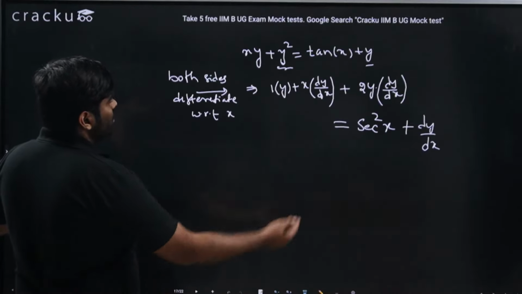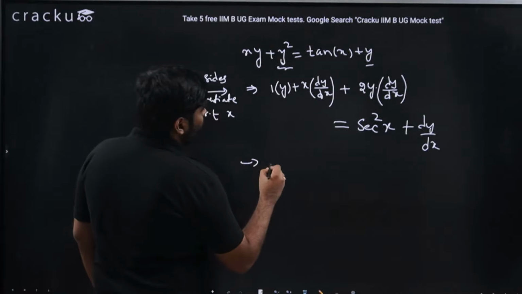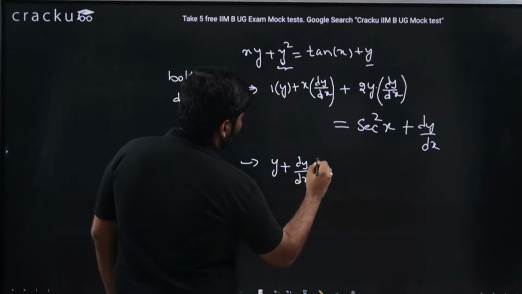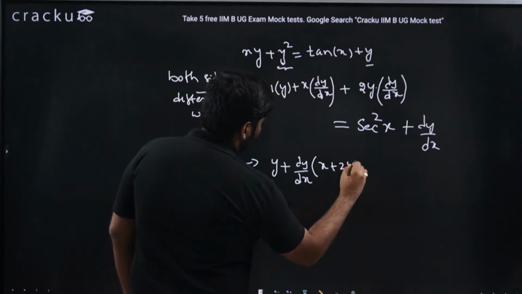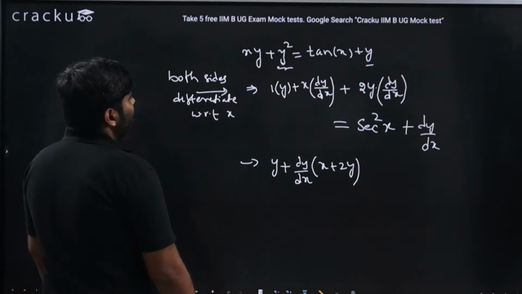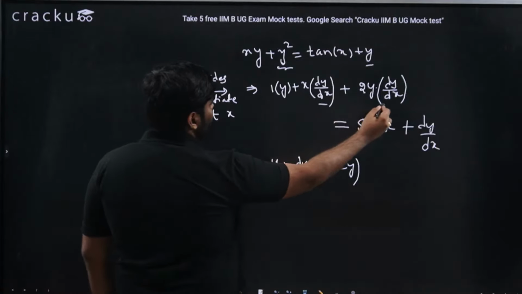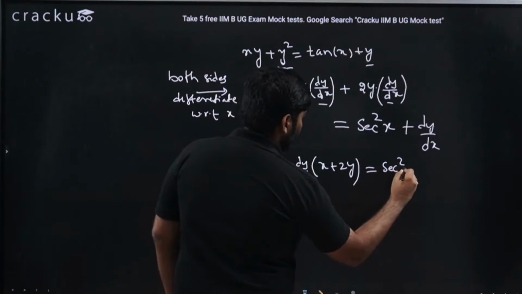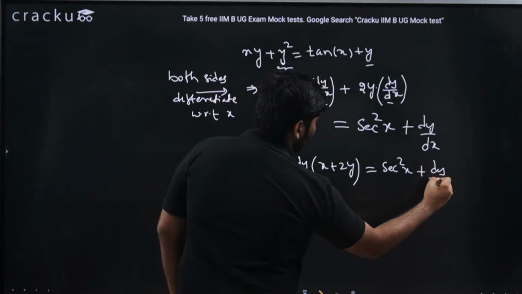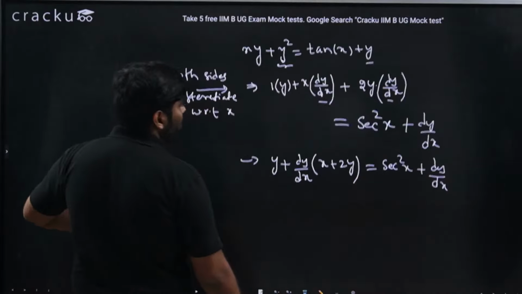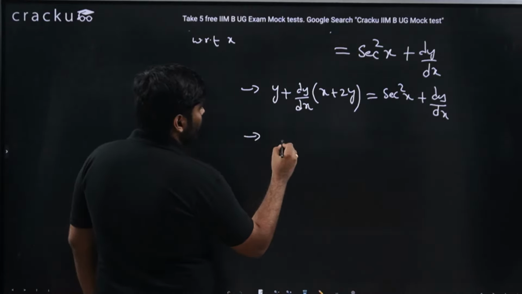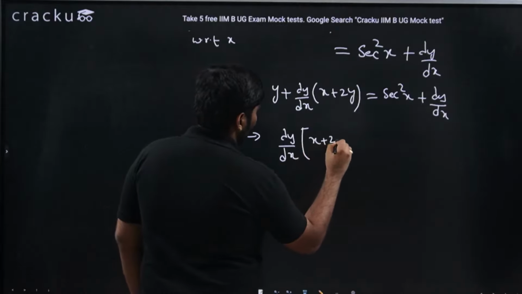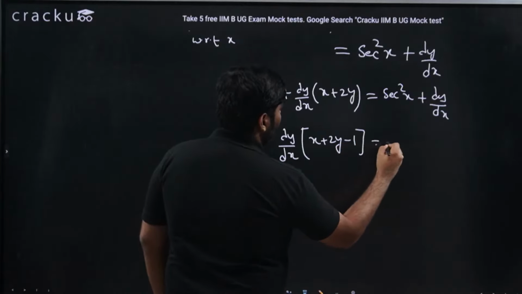So we will just do this. We are getting y plus dy by dx, which can be taken on this side. I get x plus 2y into dy by dx, just taking dy by dx common over here. I get y plus x plus 2y into dy by dx is equal to secant square x plus dy by dx. Again, dy by dx, let us bring it to the left hand. Then what am I getting? I'll be getting dy by dx into x plus 2y minus 1 is equal to